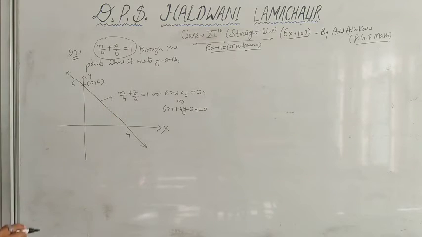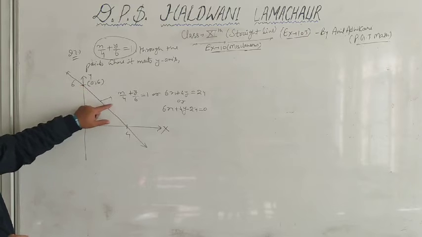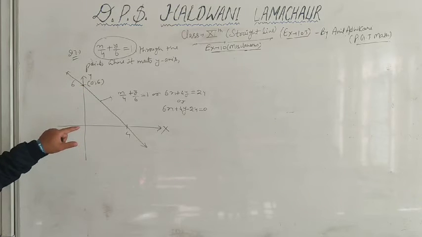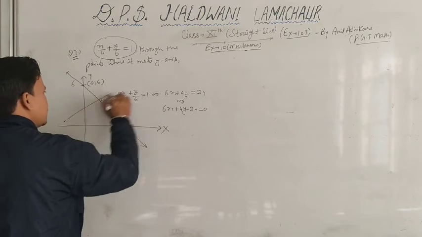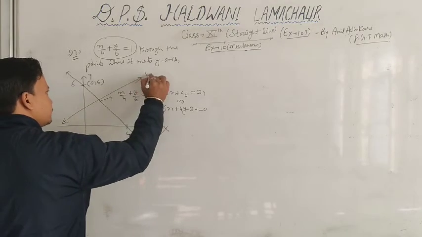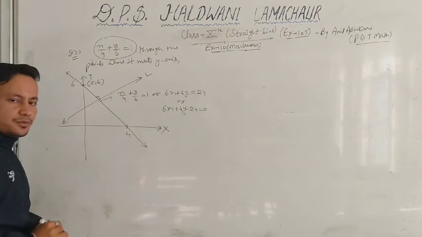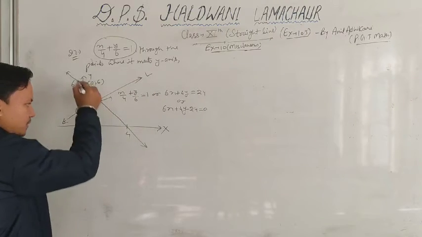ठीक है ना, बात समझ में आ रही है? 0,6 से उस लाइन पर क्या डाला जा रहा है? परपेंडिकुलर. Find the equation of line drawn perpendicular to this. तो इसकी एक परपेंडिकुलर लाइन हम ड्रॉ करेंगे बेटा. तो लेट इट बी दिस लाइन and both are perpendicular. Suppose this line is perpendicular to this line.